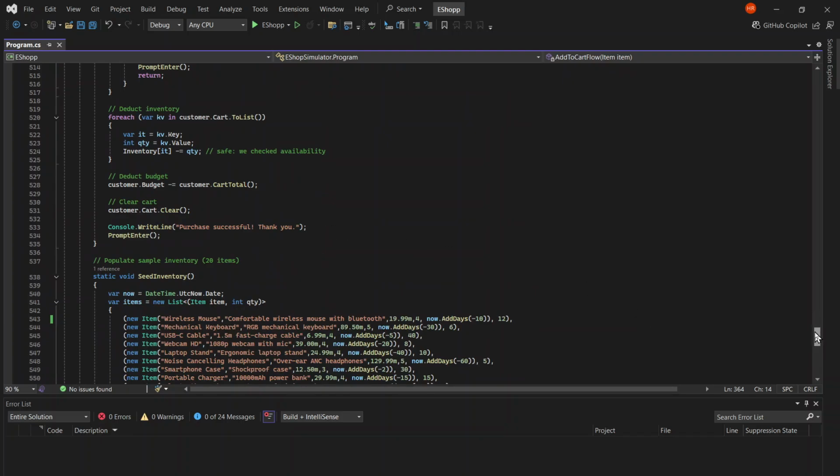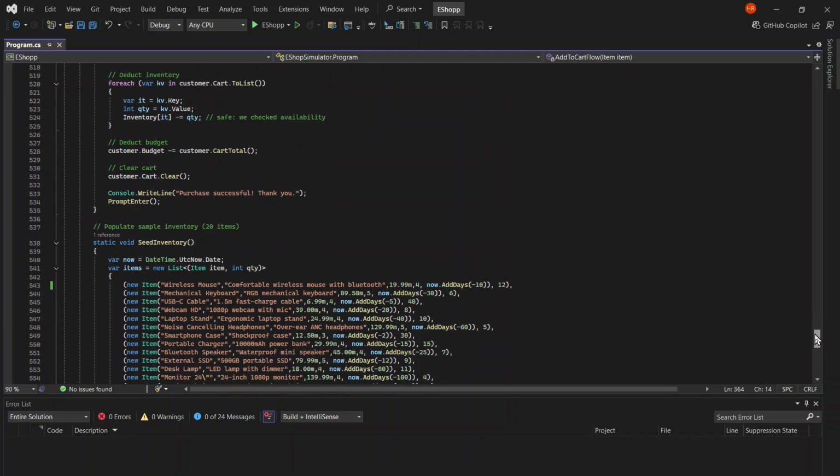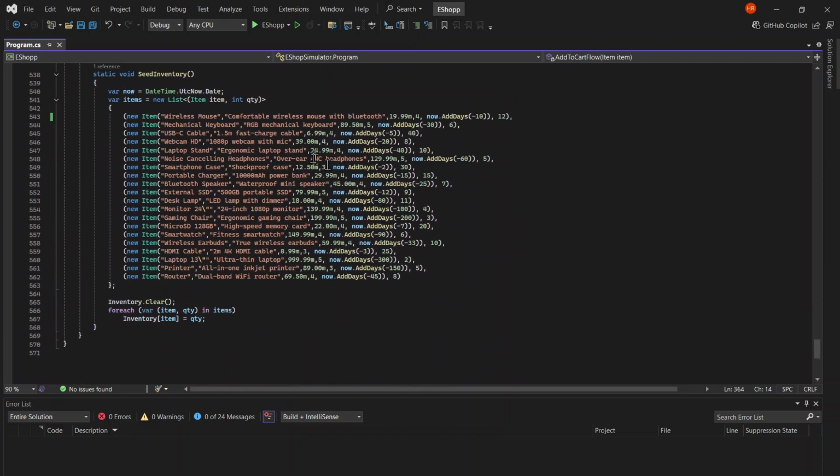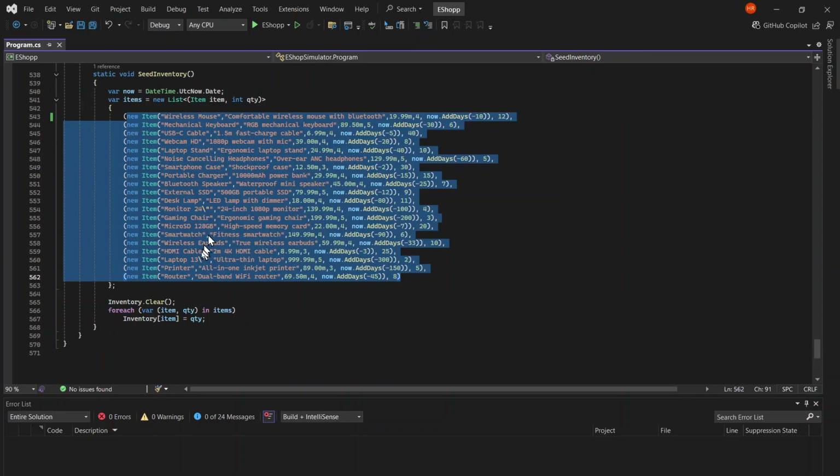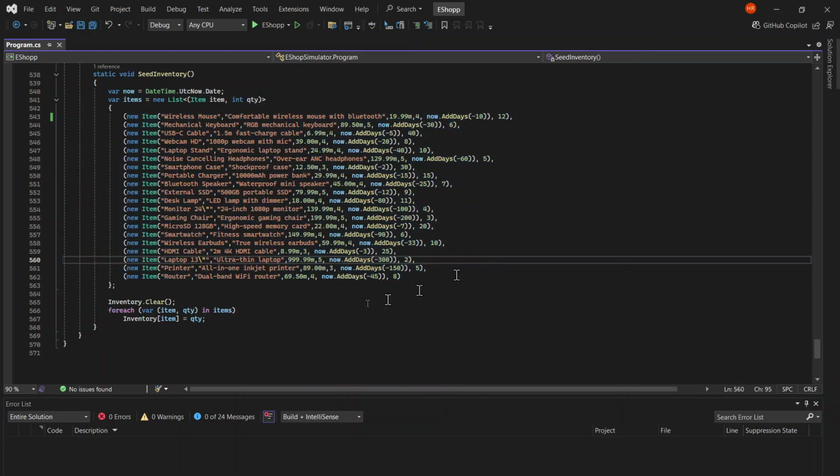And here's the seed inventory, which I decided to generate because writing all this would be a pain. And these are all the items that are here. These items are all called to, and if I find the right section of the program, I believe I can show where the